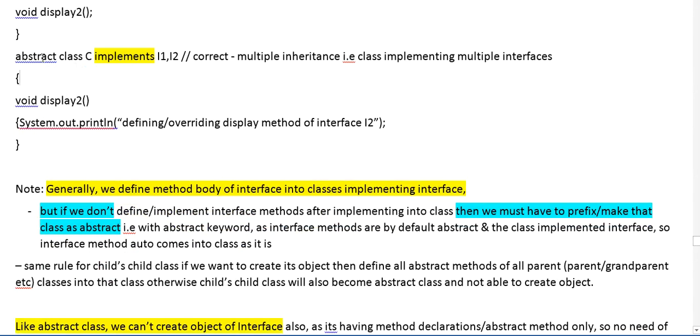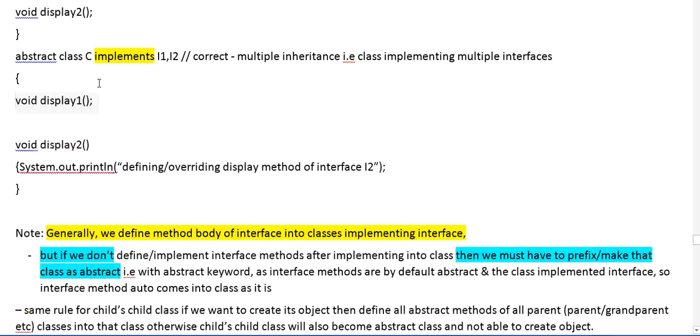So we will have to define this as an abstract class if we are implementing an interface but not defining its methods.